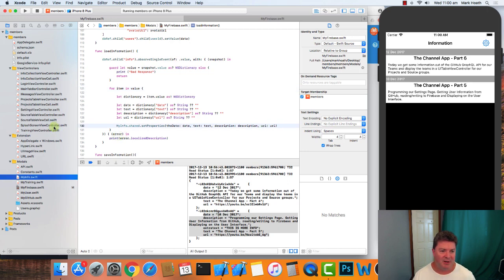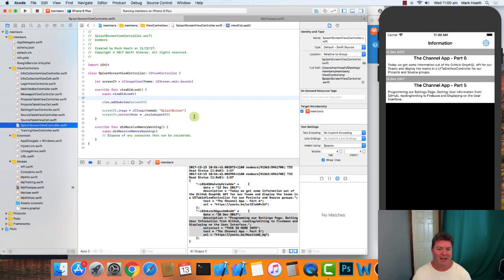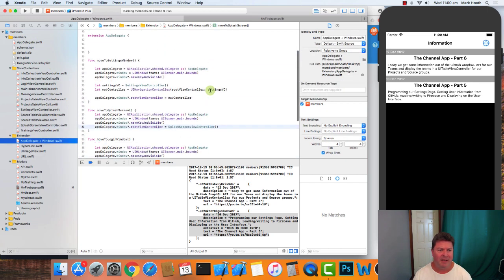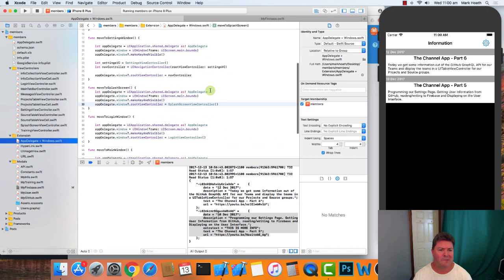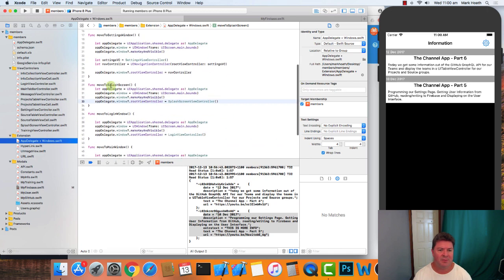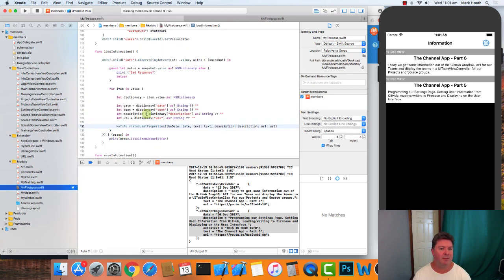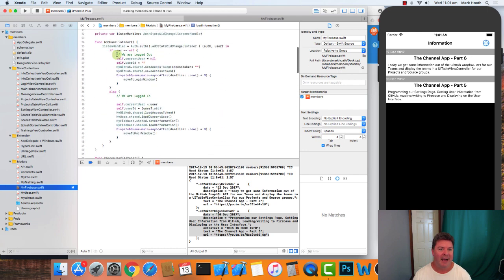Now, the other thing that I didn't mention in the introduction is I've created a splash screen, and you would have seen it when the app started. So I've got basically this splash screen view controller, and it's the first thing that gets called at the very beginning. It moves to the splash screen, which just takes us to the splash screen view controller, and everything goes through my Firebase add user listener. And so when we start up the app, we're going to go to the splash screen, and then we have